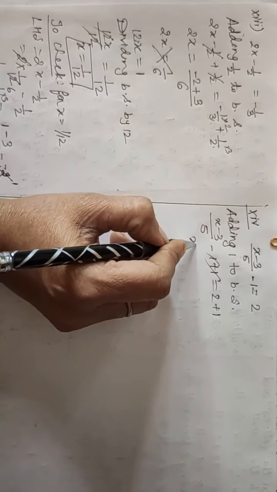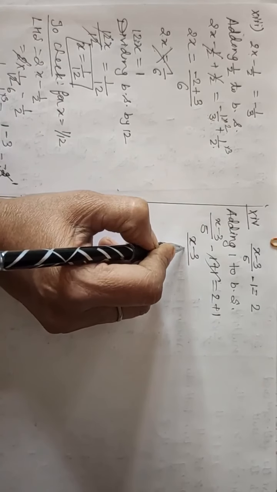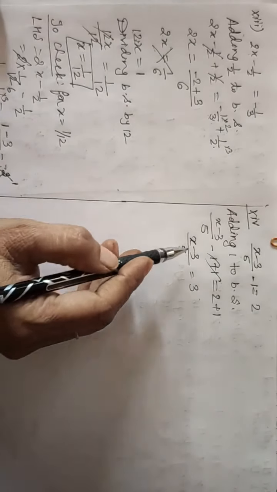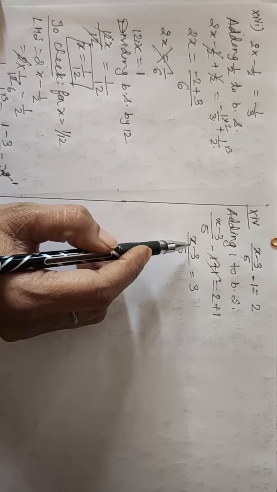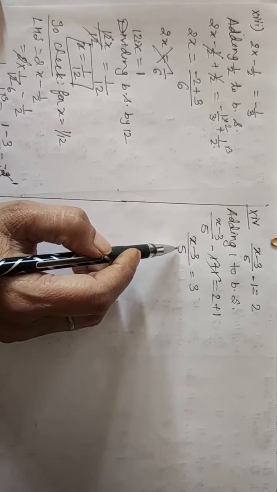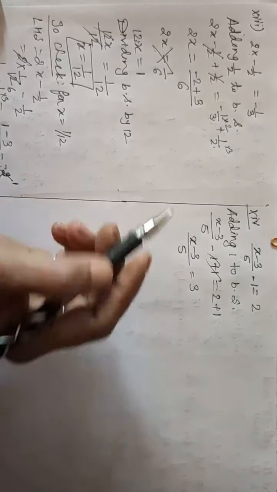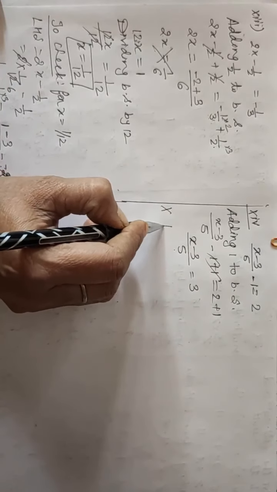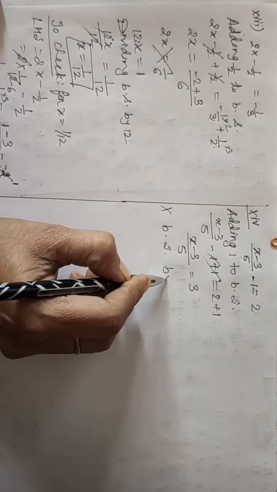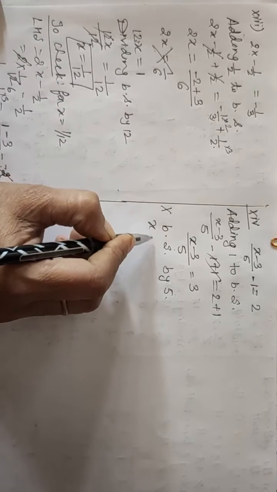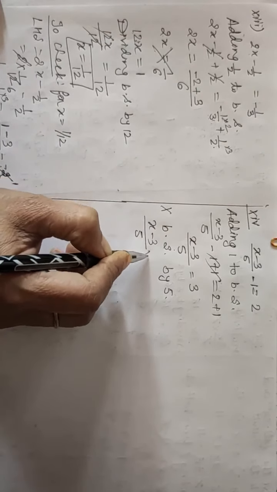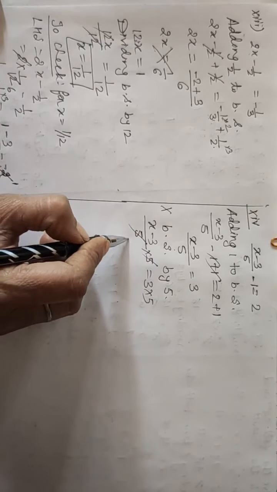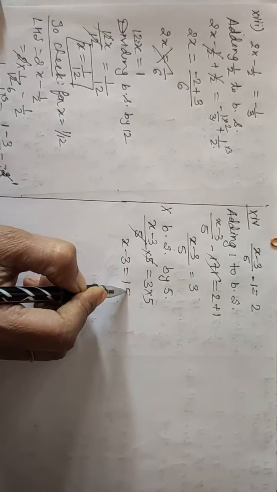Minus 1 plus 1 gets cancelled. Now what is left? (x minus 3) by 5 is equal to 2 plus 1, which is 3. Now you can see, children, in the denominator you have 5, which means (x minus 3) divided by 5. If this is division, you have to multiply both sides by 5. So write, multiply both sides by 5. Left side multiplied by 5, right side multiplied by 5. Simplify, and you will get x minus 3 is equal to 15.